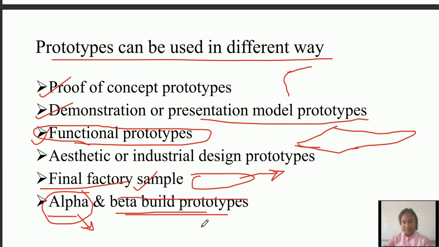So performance of the product, it means performance of the prototype, is analyzed, and still the plant is not ready for mass production. After the beta prototype confirms that we are meeting all the requirements, then you can go for mass production. At the beta stage, we produce only a limited number of parts, but when we cross the beta stage, then we produce a large number of parts, in the sense of mass production.